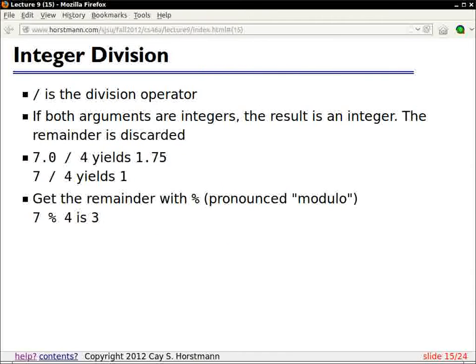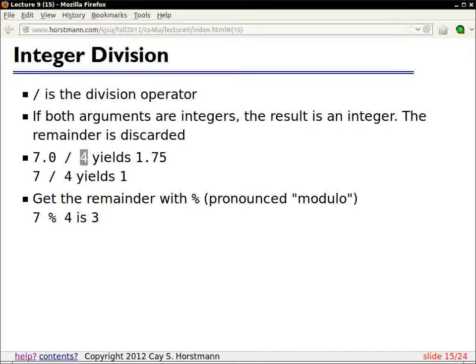Integer division is a somewhat error-prone thing. So the slash operator has this curious nature. If at least one of the arguments, either on the left or on the right or both, is a floating point number, then it works exactly like you would expect from your pocket calculator. It divides the two numbers.